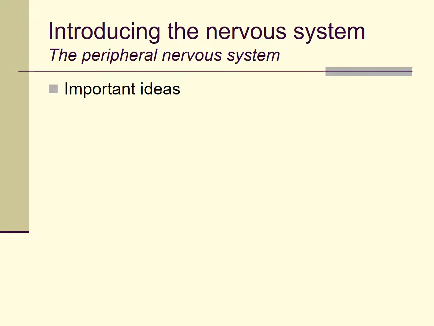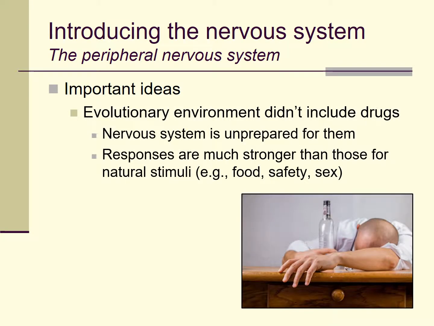To further continue here with an interesting idea, it's worth reflecting on that evolution, or what's sometimes called the environment of evolutionary adaptation, that is, how evolutionary biologists describe what the world was like throughout most of the course of evolutionary history. That world didn't include drugs. So nowadays, when humans take drugs, we're giving our nervous system substances which, in a sense, we have very little evolutionary preparation for. So the fact that our body can become aroused in the presence of a threat is adaptive. It's something that evolution has given us that is very helpful.